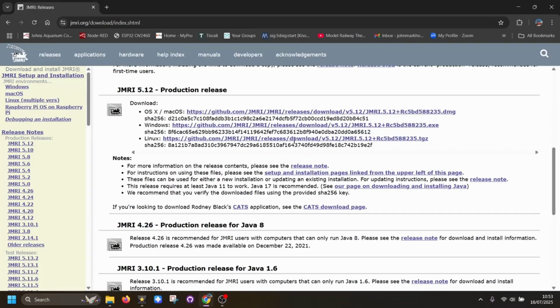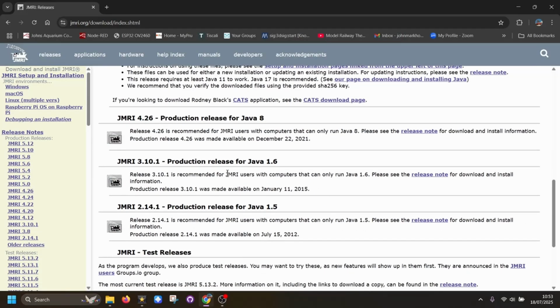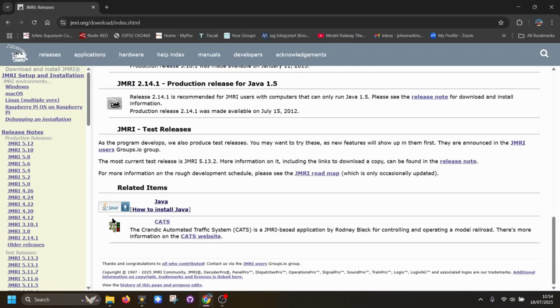So I use a Windows machine, so I need to download this exe file. But one word you need to be aware of, you do need Java. Now they recommend Java 17. So we click here